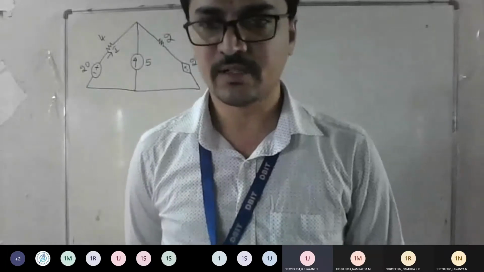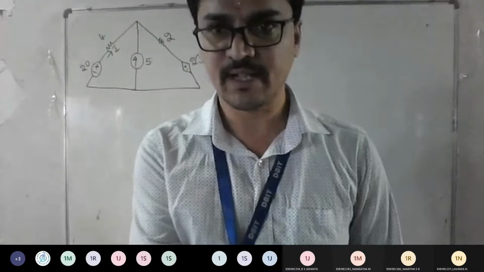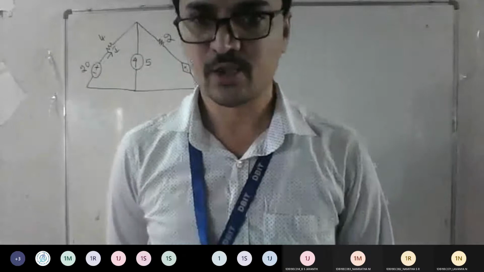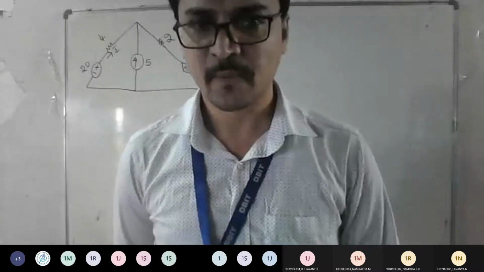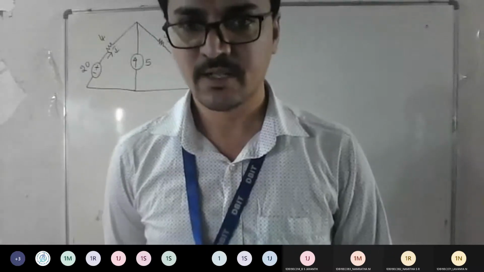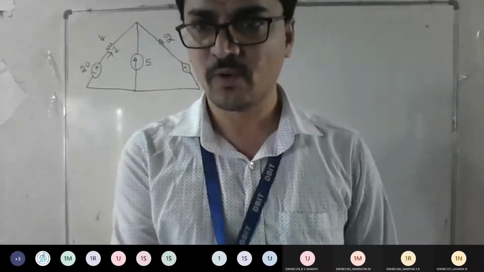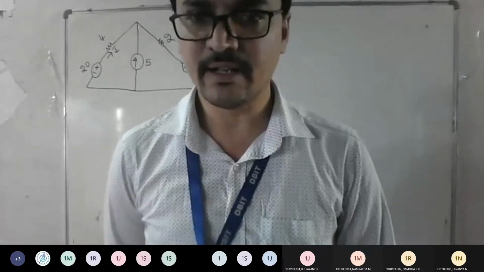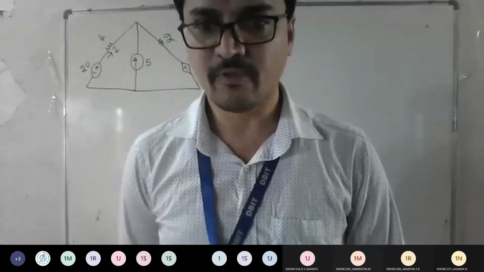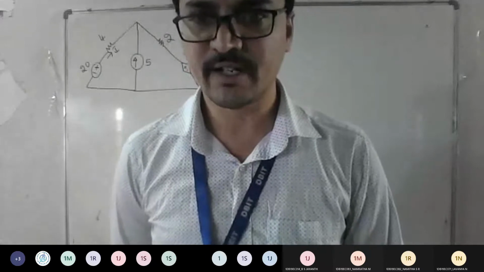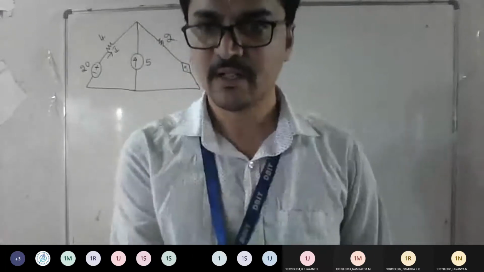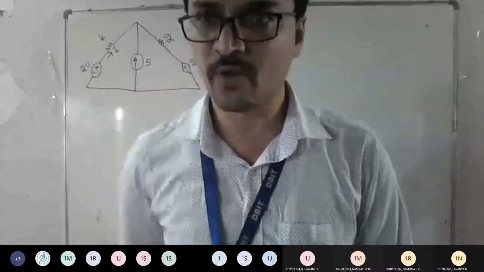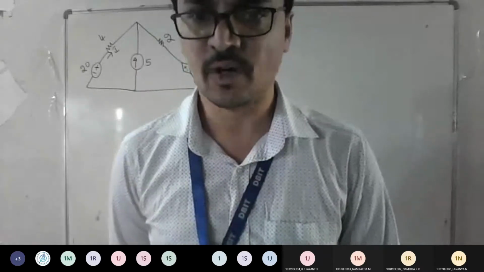Good. So we know that simplification of a circuit is a big task, right? So either you can use KCL or KVL, source transformation or star delta conversion. Each has its own advantage. Each scientist has developed their own logic so that you can solve things easier than your earlier method. For example, if you have 5 meshes, we went for star delta conversion, right? We use star delta conversion to simplify, because applying KCL and KVL for more number of nodes or more number of meshes will yield you what?